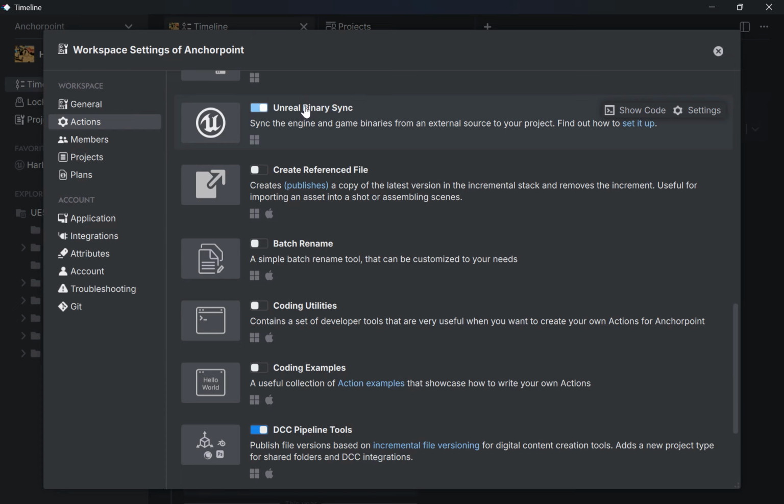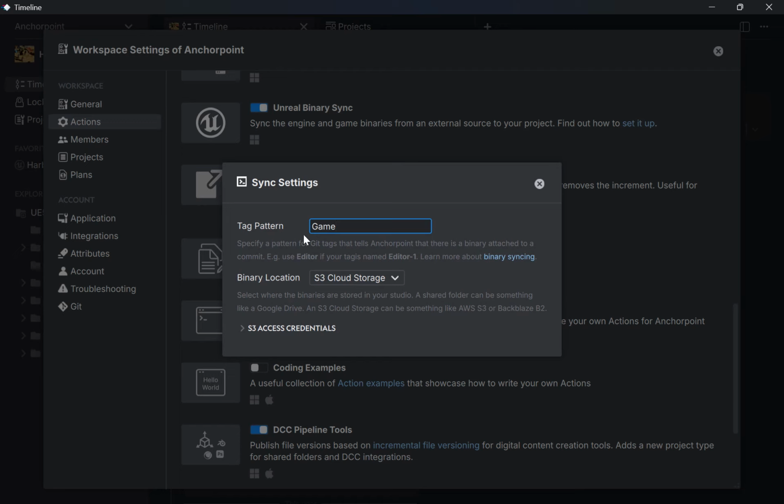The first thing that we need to define is the tag pattern. And this is basically a tag base name. Technically, it works like this. We have a set of Git commits. And when we have a commit where a binary has been built, we add a tag to that commit. This way, Anchorpoint knows that on this commit, there is a binary, so we need to check Backblaze for that